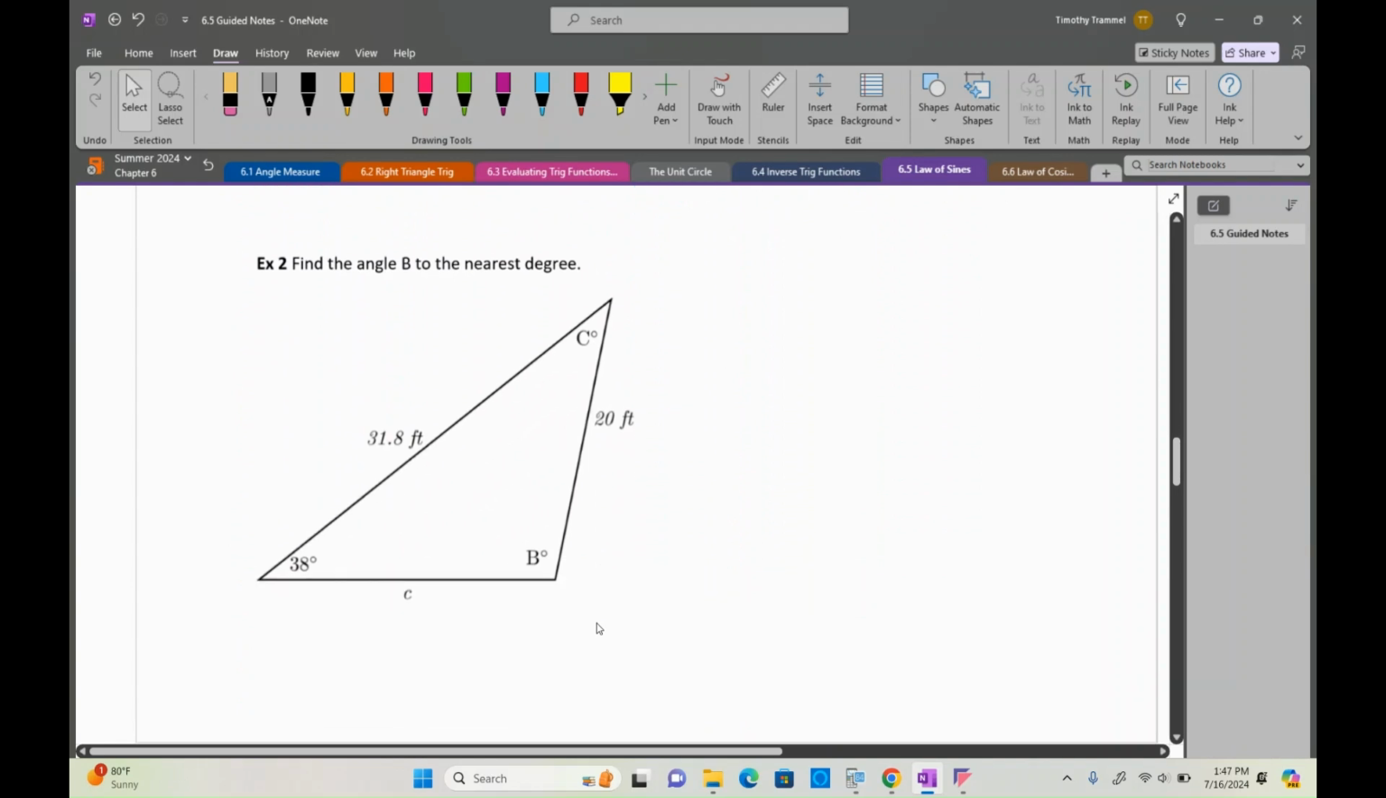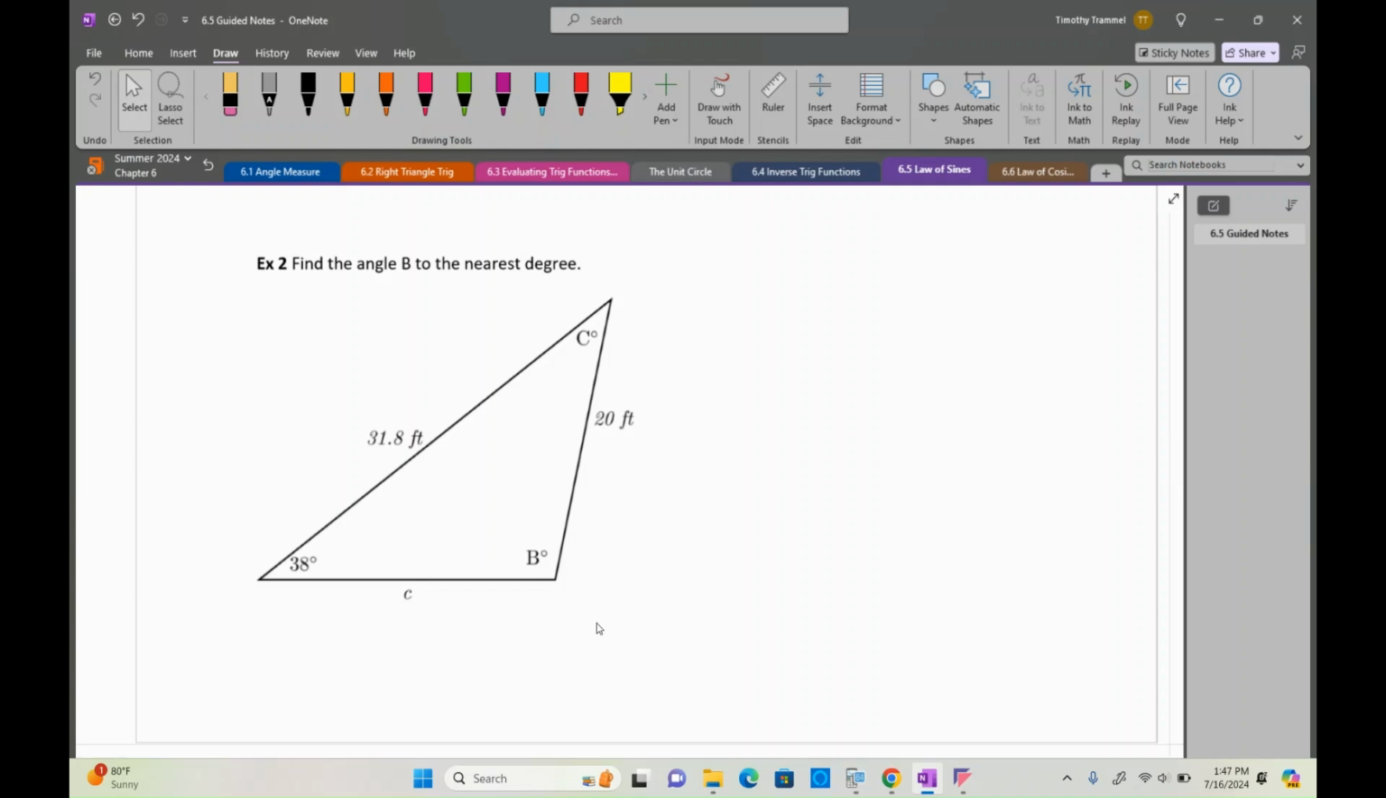All right, let's give another one of these a try. This one says to find the angle B to the nearest degree. And what I want you all to notice about that angle B is it's a little bigger than 90 degrees. So keep that in mind. And that fact is going to pop up here in a little bit. Other than that fact, though,